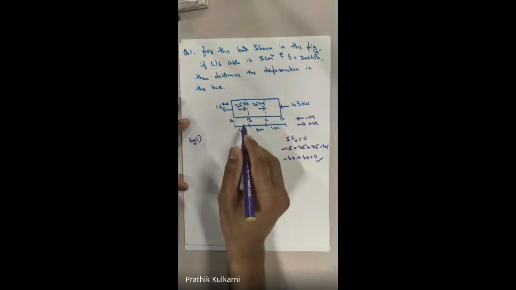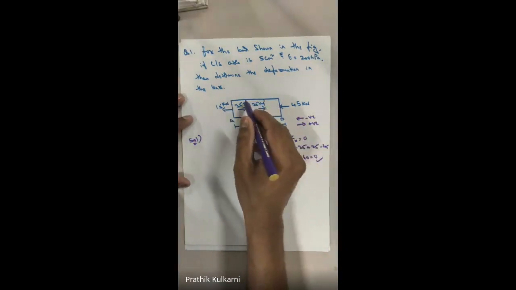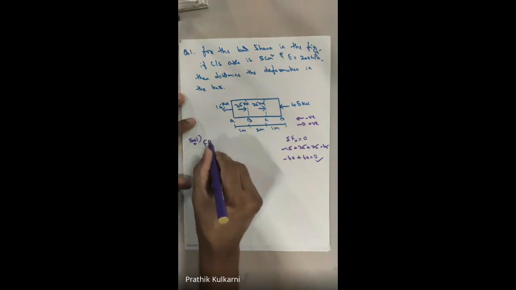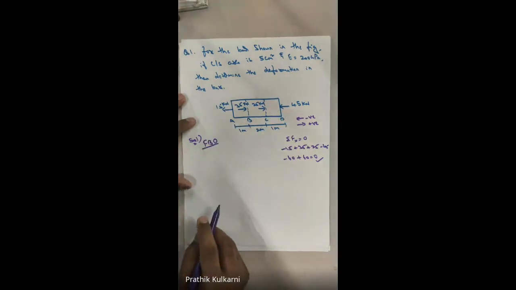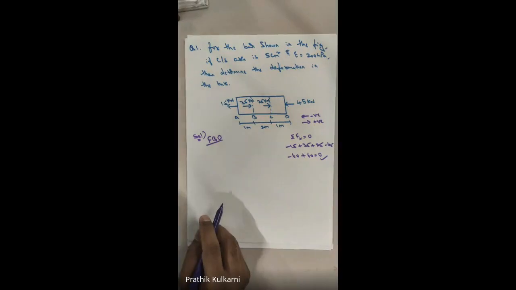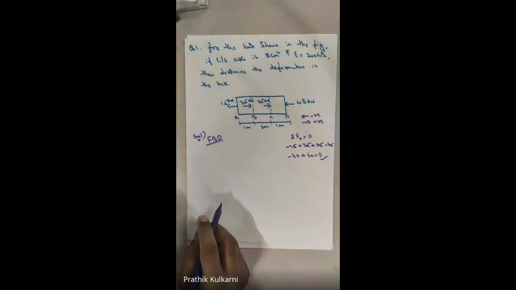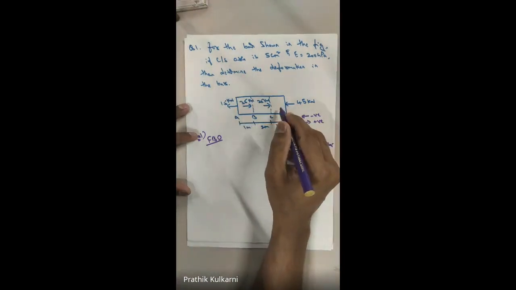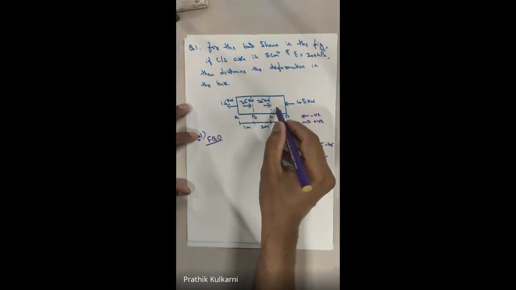So for such a type of problem, whenever it comes in your examination, first of all you have to draw your free body diagram. So what will be your free body diagram? If you just see here, how can we make it? इसको free body diagram क्या करेंगे बेटा? हम इसको तीन पार्ट में डिवाइड करेंगे. As you can see, first part, second part and third part.